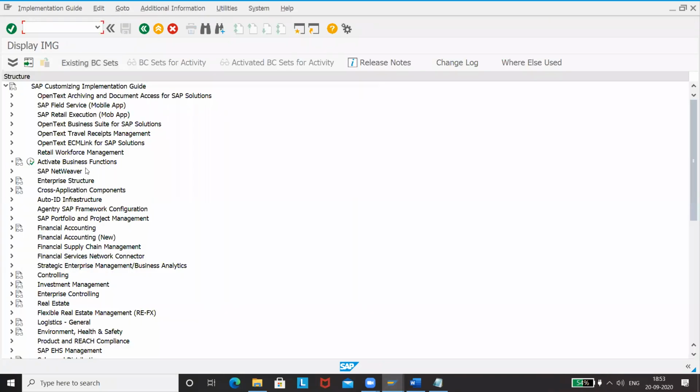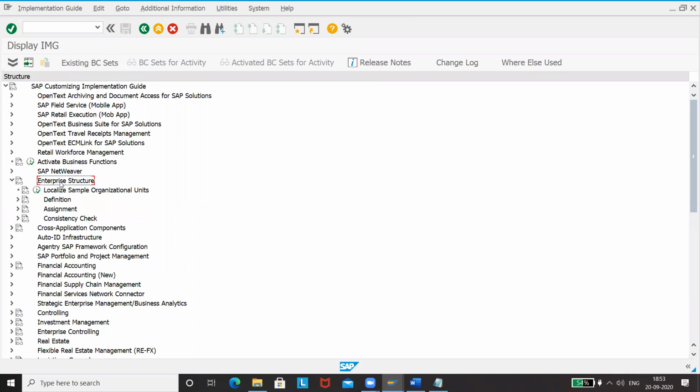Once you go to this SPRO, this is where we maintain all the configurations related to FI, MM, SD. Please go to enterprise structure. This is the place where you initially define these configuration steps, and once you define, this is the assignment where you go and assign whatever you've defined earlier.